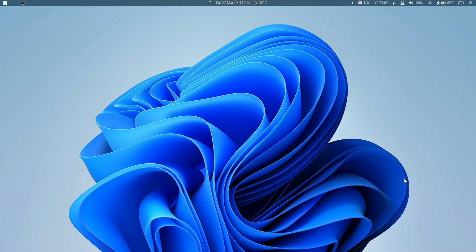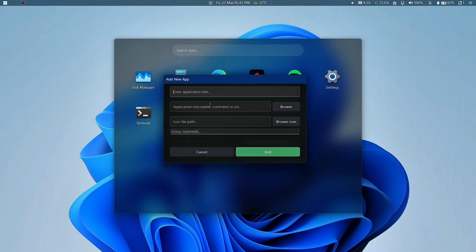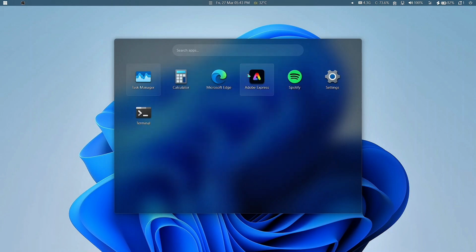From here you can access the memory usage, the storage usage, the recycle bin and the launchpad. Here you can add new apps using Ctrl+N shortcut. Then enter the details like application title, application URL and icon file path. You can also delete any icon by right clicking on it and then click on delete option.